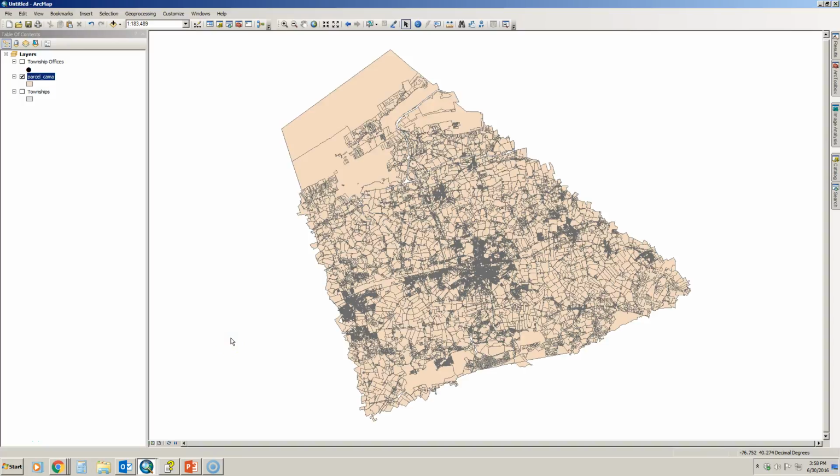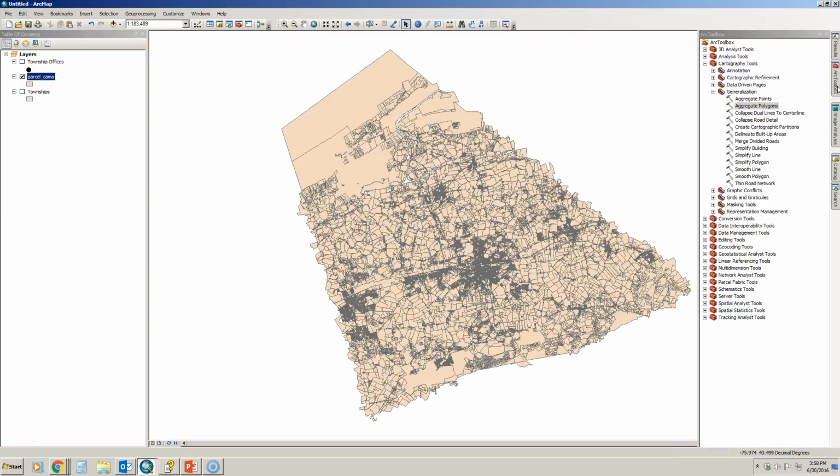We are going to talk about a couple of generalization tools that you can use to generalize your data. So one of the areas you can go to get generalization tools is into your cartography tools toolset and your generalization toolbox. And you're going to see you have a whole bunch here. From my experience, the ones that you're going to be using the most are the smooth line and smooth polygon